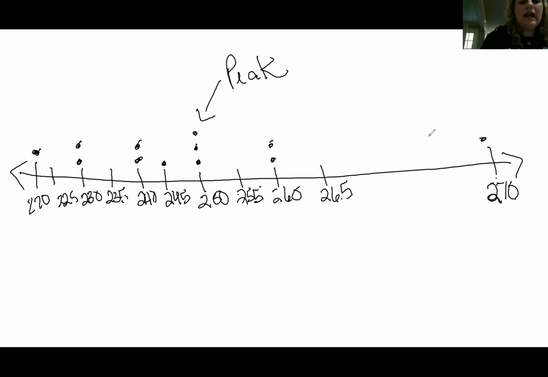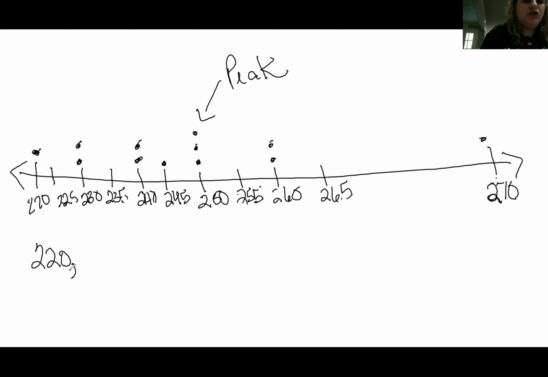Okay, so now I want to find the median, which is the second quartile. So that would be, I'll go ahead and write these out again, 220. Oh, just one second. I added 225, and I only need to add the numbers that actually have a dot above them. So it's 220,